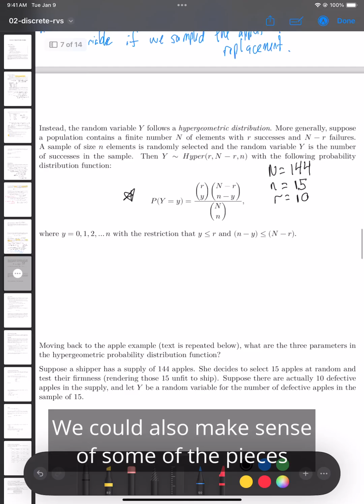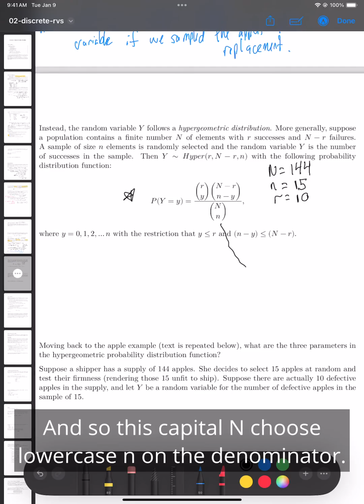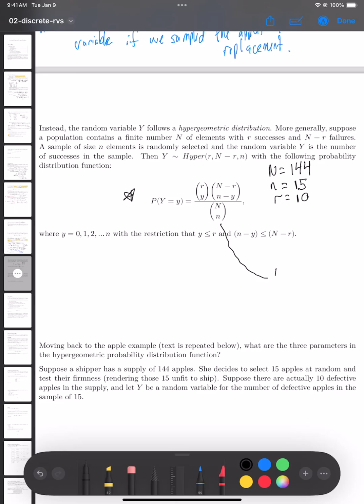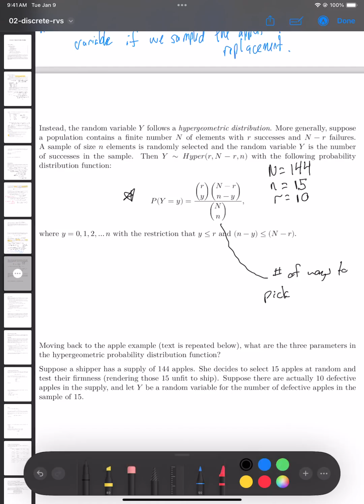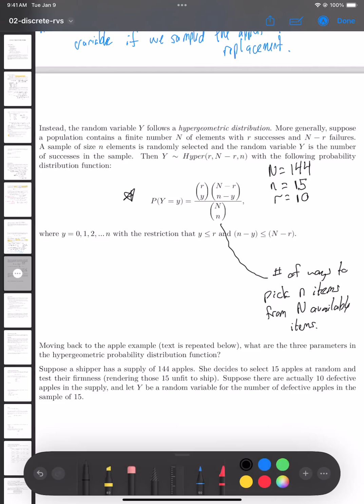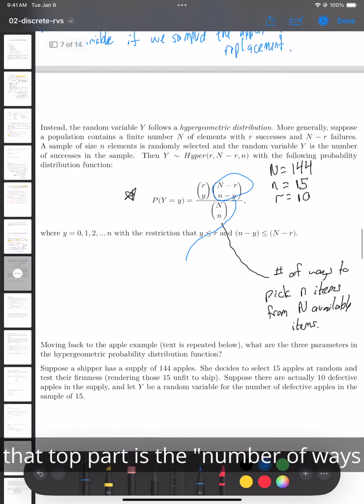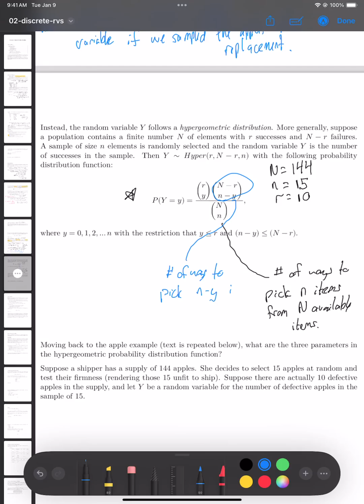We could also make sense of some of the pieces of this probability distribution function. This capital N choose lowercase n in the denominator is the number of ways to pick n items from capital N available items. This piece on the right that I have just circled, that top part, is the number of ways to pick lowercase n minus y items